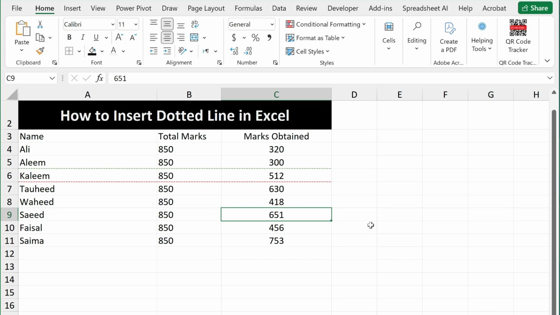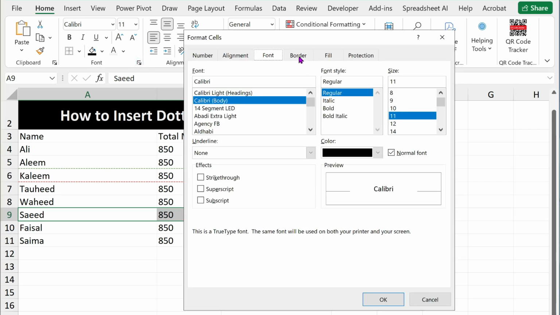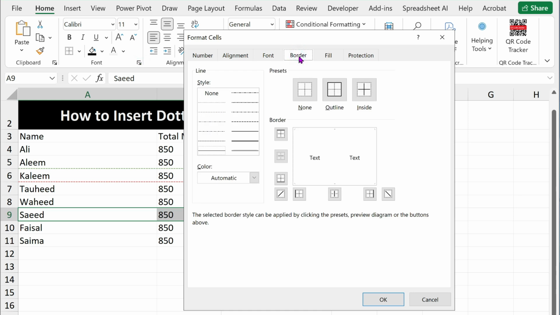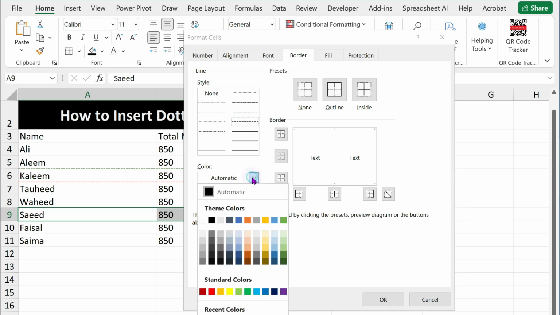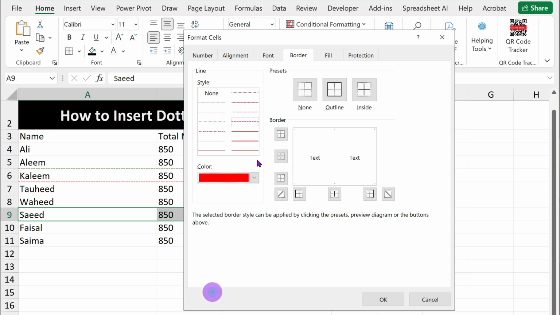Moreover, there is another precise method. For this you need to select the cells, for example this one, and click on the Home tab and click on the Font group, click this small arrow and click on the Border tab, and here you need to select the dashed line and now choose the color of your choice, for example red one,